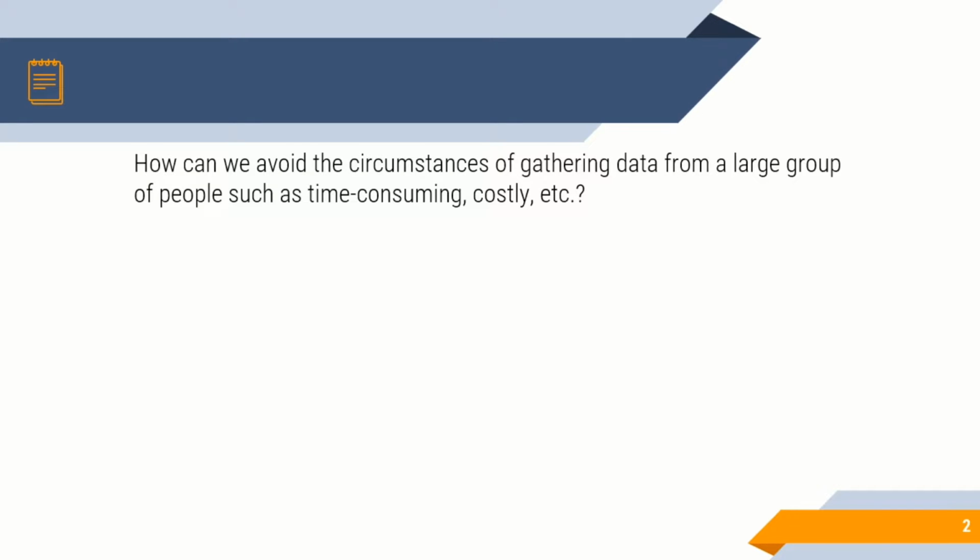When doing a research study, we need to gather useful information from a large group of individuals or objects. Am I right? Yes, and in doing so, it involves a great deal of time and is also costly. Sometimes it is even impossible to collect data from a research population that is too large. So, how can we avoid the circumstances of gathering data from a large group of people, such as being time consuming, costly, and so on? To avoid this, researchers resort to sampling techniques, meaning to say, we can get a representative sample